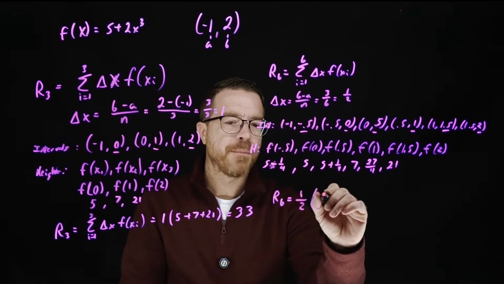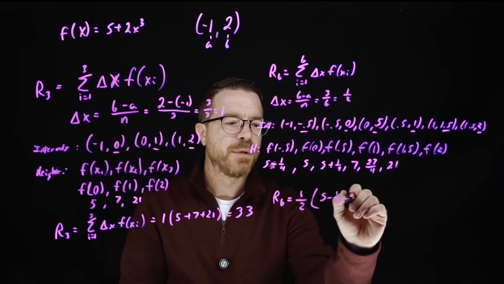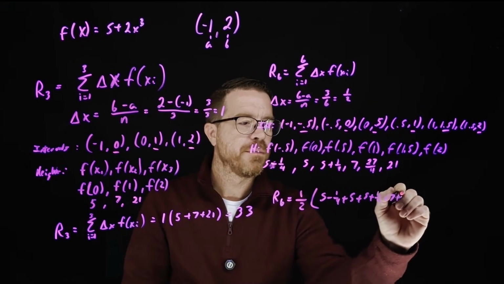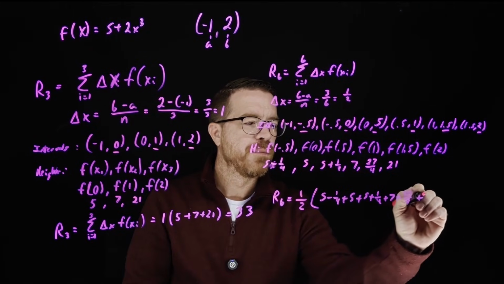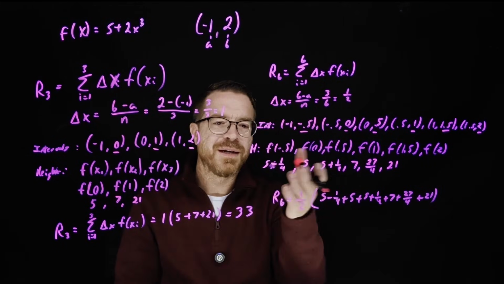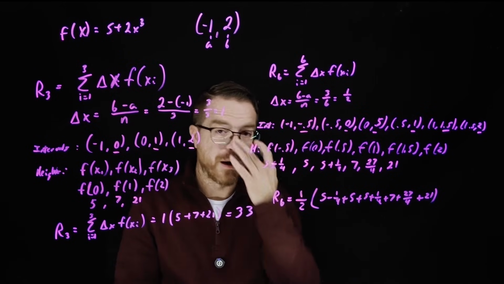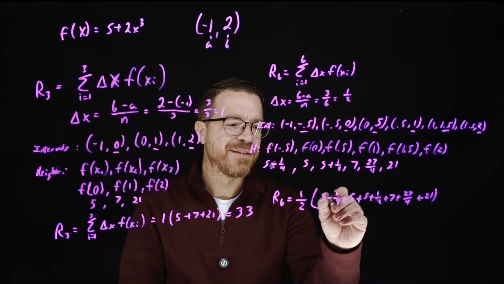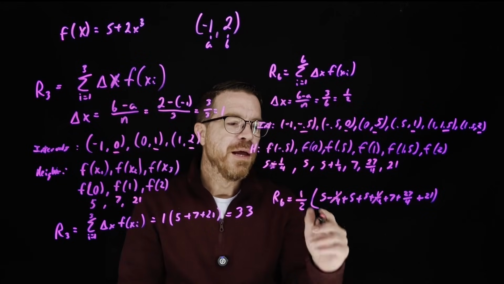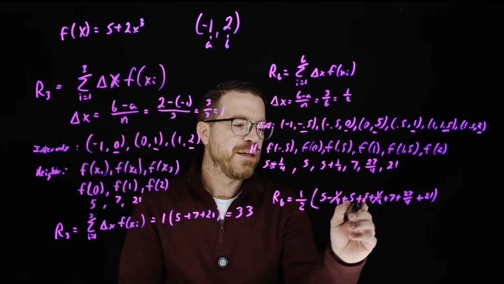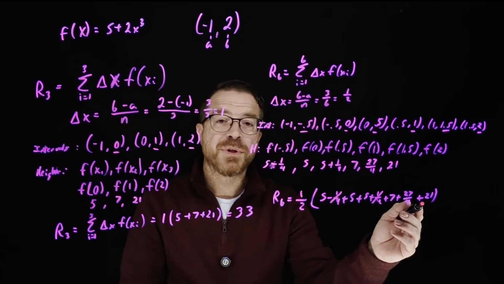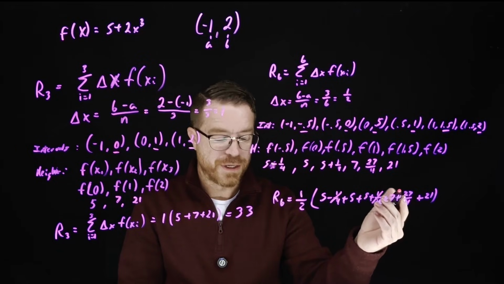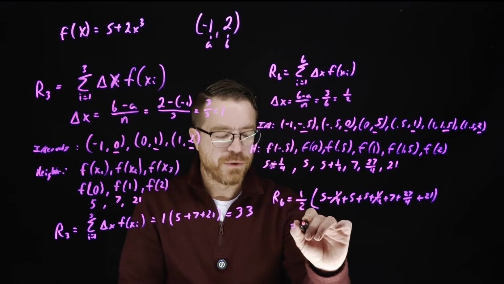So I'm going to be left with 5 minus 1/4 plus 5 plus 5 plus 1/4 plus 7 plus 27/4 plus 21. And you might wonder, why did I just leave it as 5 minus 1/4 instead of figuring out what 5 minus 1/4 is? It's because I actually knew from doing this the other day that these two were just going to end up canceling. I have -1/4 here plus 1/4. So if I take 5, 10, 15, 22, 22 plus 21 is going to give me 43. And then I just have to figure out what 43 plus 27/4 is. And I'm going to get that this is equal to